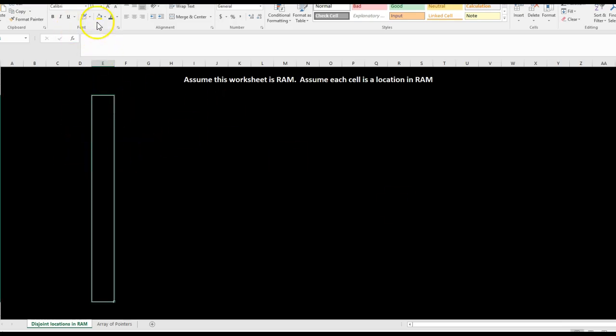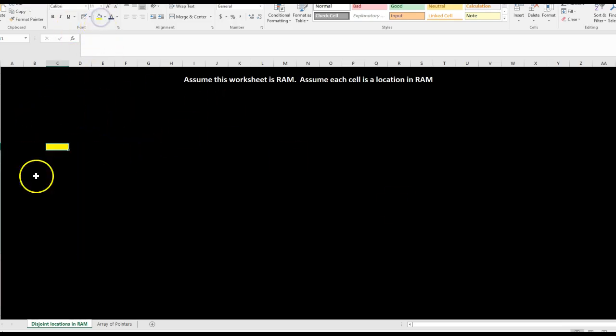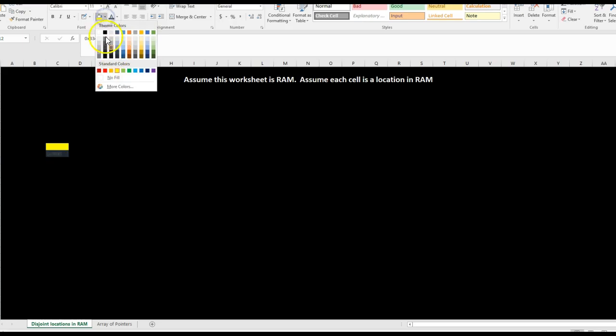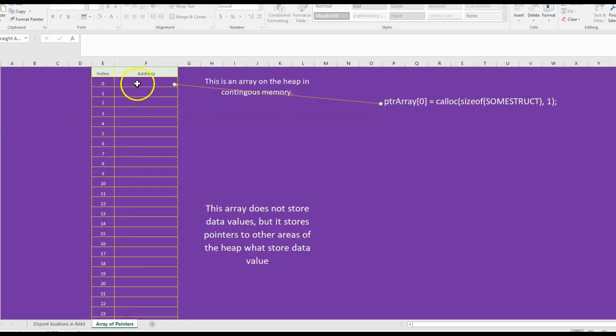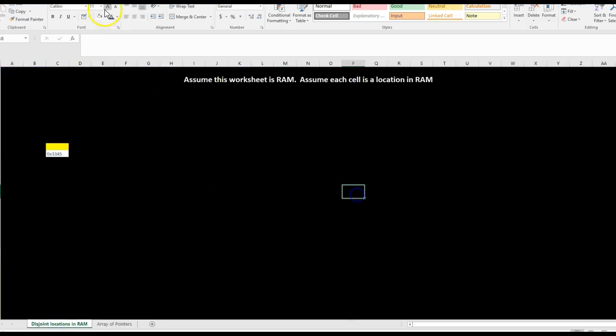Once we execute this command, somewhere out here in RAM is going to be an allocation of space. That allocation of space could have a hexadecimal address, such as 0x3345. If that was a hexadecimal address, that address would be brought back here and stored right there. And if we allocated additional RAM,